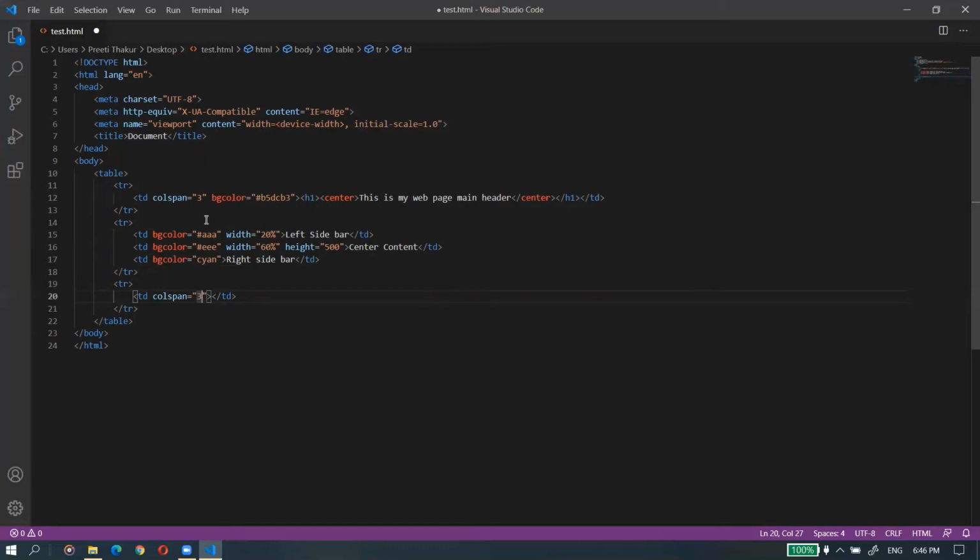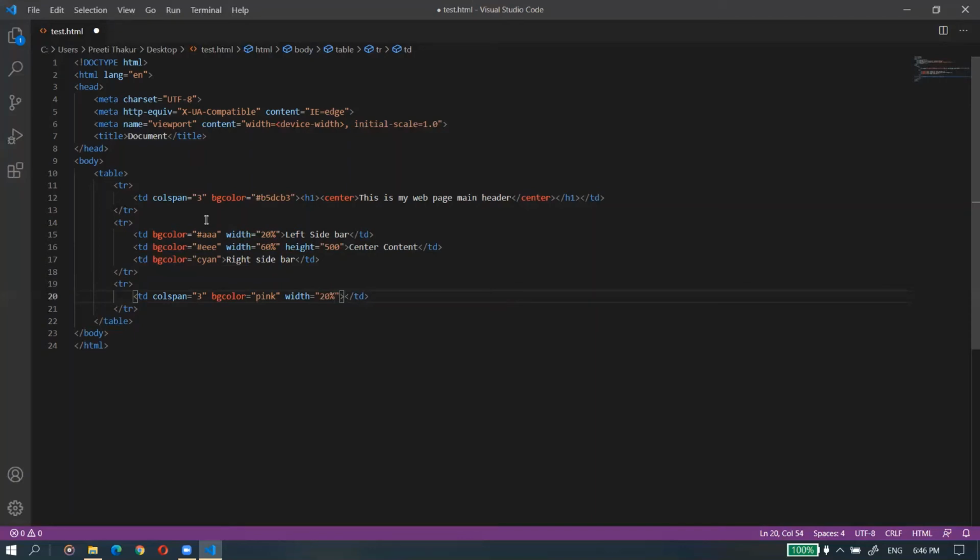Okay, and I'm also giving the color to it, bgcolor. I'll be giving pink here. Okay, pink. And now also set the width of this to 20%. I will set 20%.